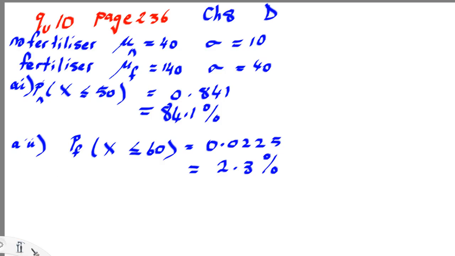So this question sets up a situation where there's one sort of plant, radishes, that have had no fertiliser, and so for no fertiliser I've got the mean with the subscript n is 40, standard deviation 10, and the other group do have fertilisers. So part A, we want the percentage of beans with a weight less than 50, and so